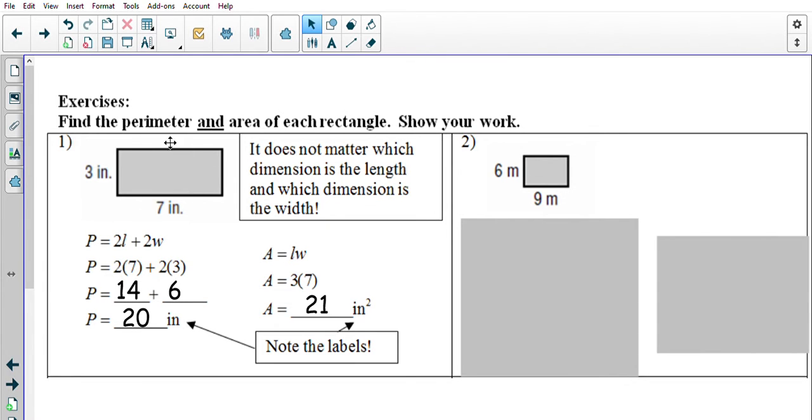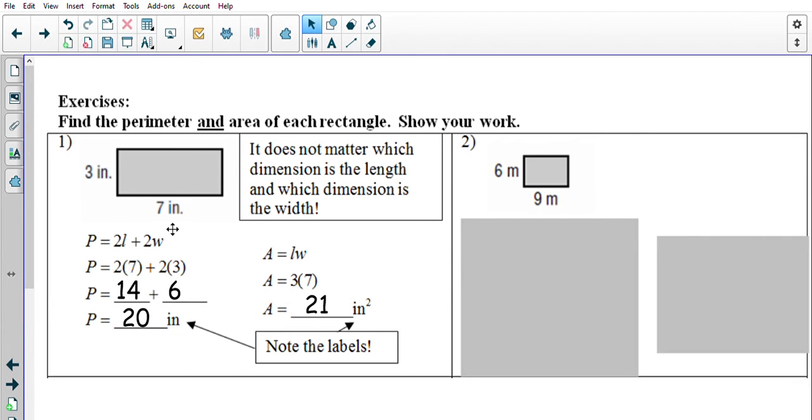Again, that's that shaded space inside. So take 3 times 7 or 7 times 3. It gets us an area of 21 inches squared. And again, what does this represent? So we're talking about square inches, or inches squared. We're talking about the number of squares that are 1 inch on each side that I can fit inside of